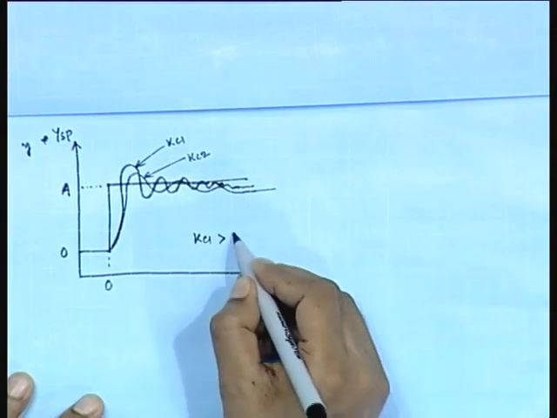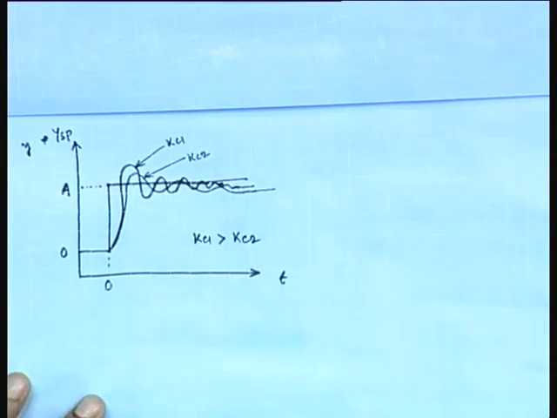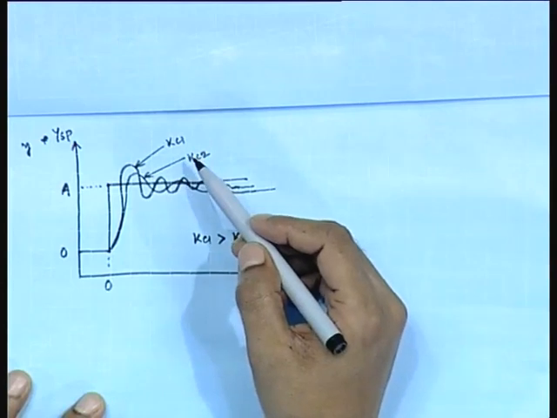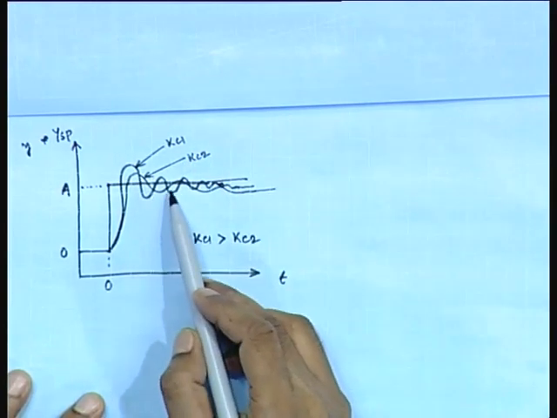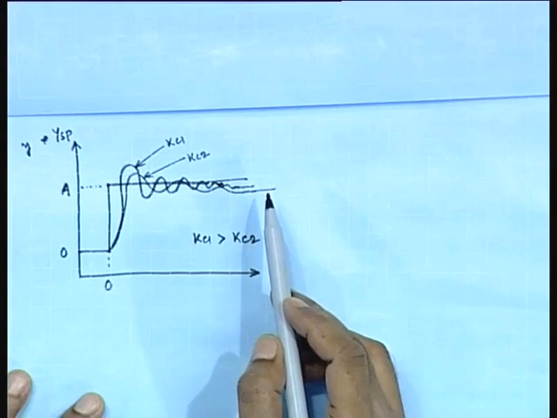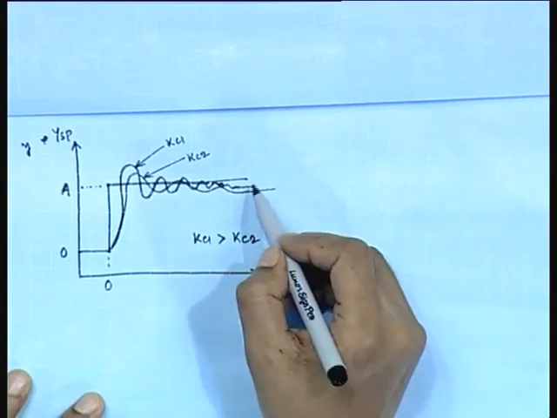So, here Kc1 is greater than Kc2, fine. So, for the large Kc, that is Kc1, we obtain more oscillatory response, one point, and second point is,